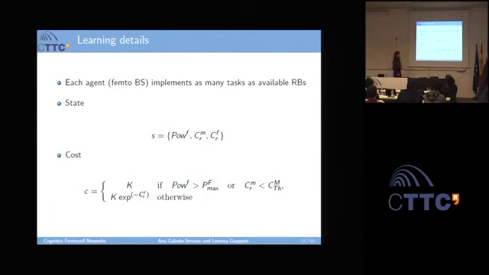Since the reinforcement learning is designed by someone, the designer has to define the state of the environment and the cost function. Of course, when we were designing this, we tried a lot of things, and this was the best balance we found. You can have a very simplistic cost function, like 1 or 0, and that's all. You can have a very simplistic scenario representation, just one component, or you can have very complex ones. So this depends on the designer of the learning algorithm.